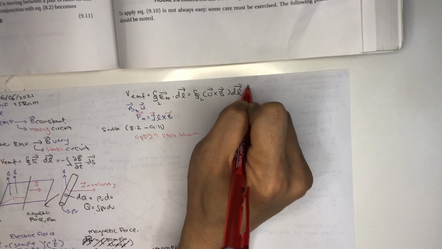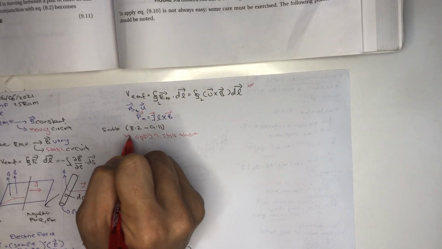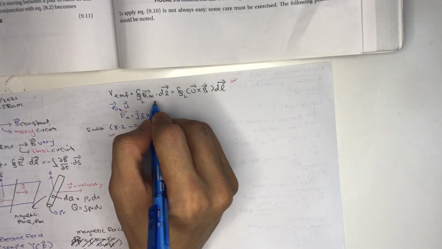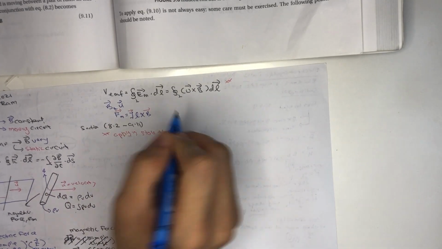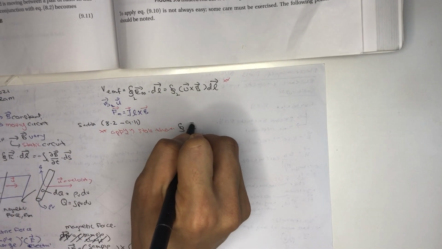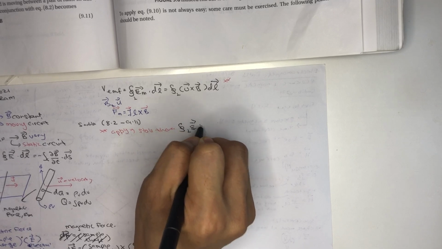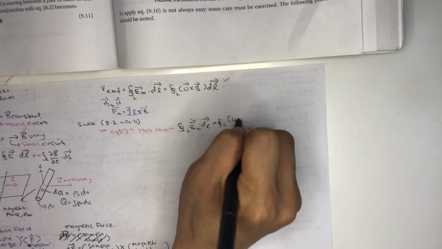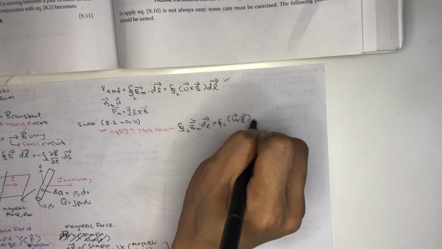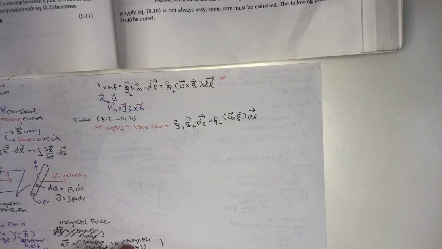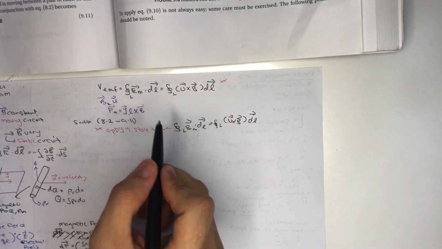If you want to apply Stokes theorem here, I just rewrite again the equation before I change them. So if you want to apply the Stokes theorem where we change to surface integral, then we will have